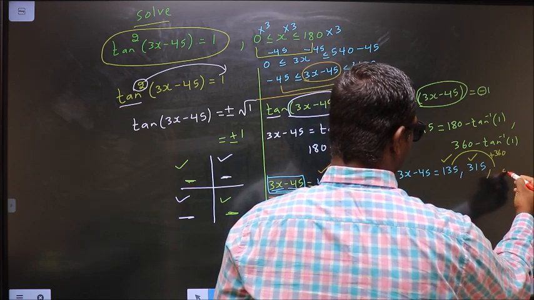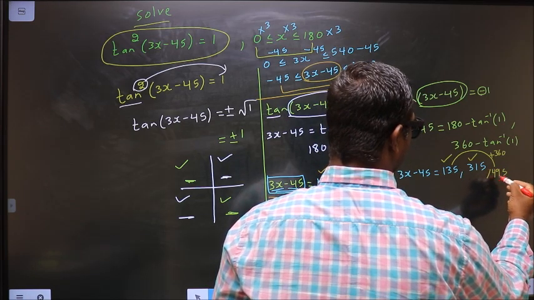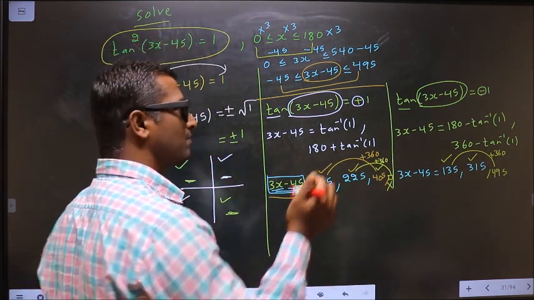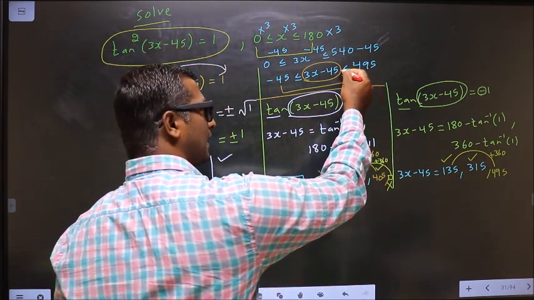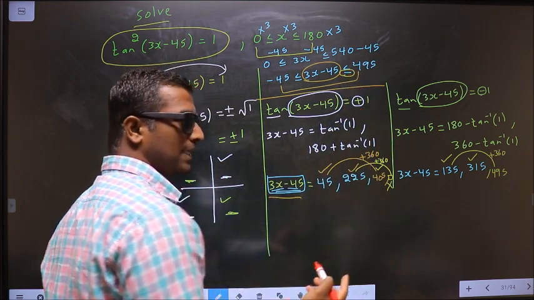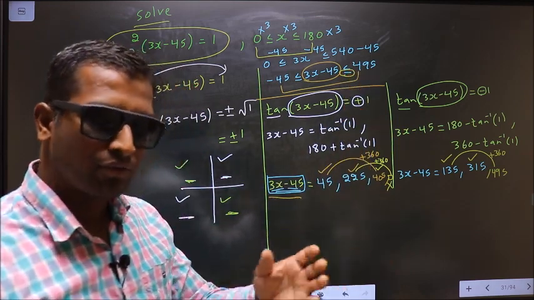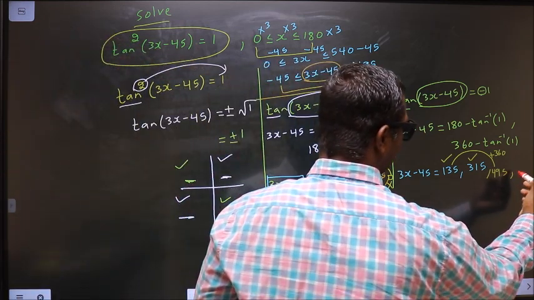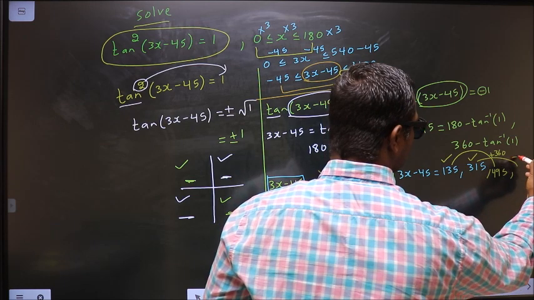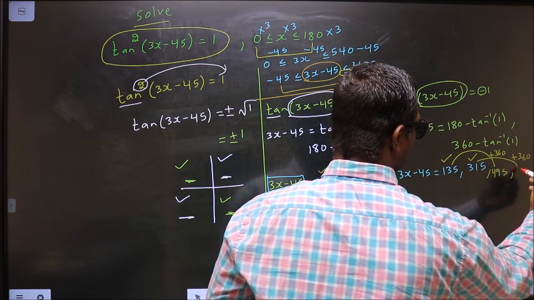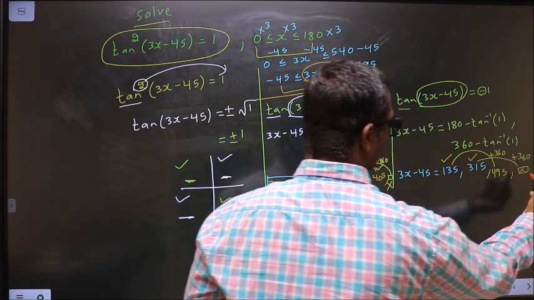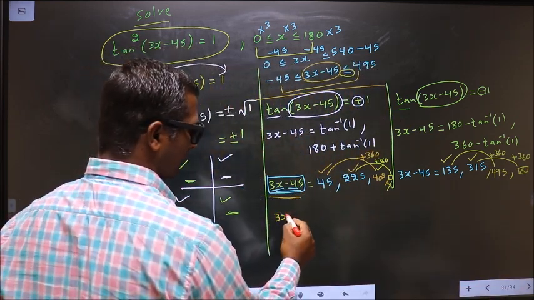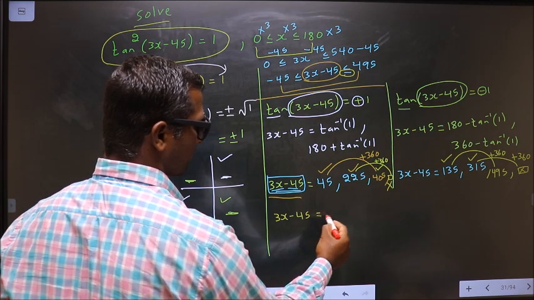Now to get another value, add 360 to this. You get 495. Does this lie in this interval? Yes, because for 495 the equal to sign is present. That means you can include 495. Okay, now to get another angle, add 360 to this. Now this value does not lie in the interval, so you reject it. So the values we got for 3x minus 45 are